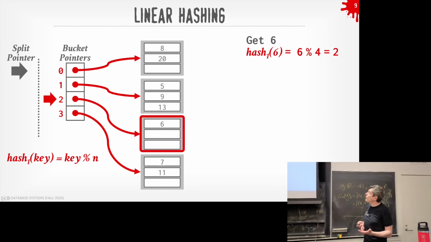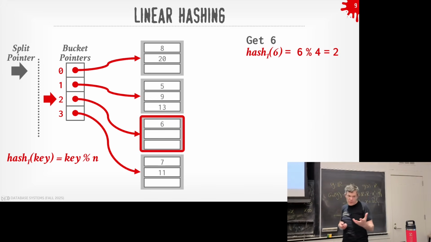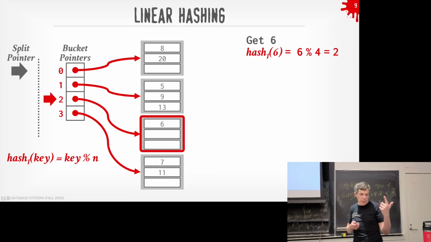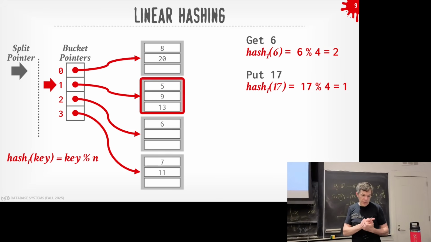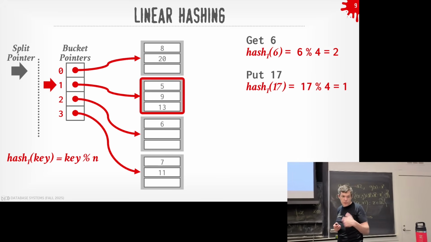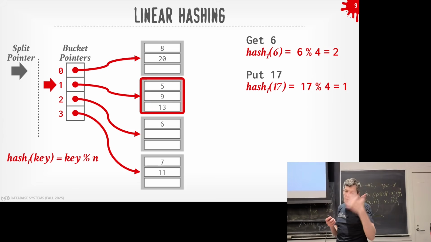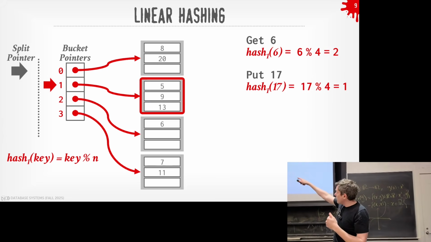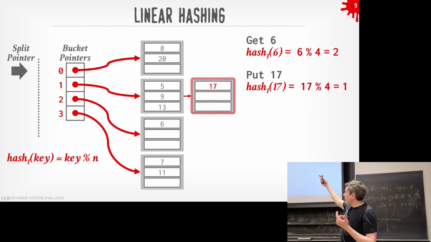All right, so now I want to put 6. I'm going to hash 6, just say it's the identity hash, mod it by 4, and I get 2. And then I know how to jump to my bucket array at offset 2, and I land at the bucket that I want. And there's the key I want. Now I want to put 17. 17 hashes to, when I mod 4, I end up with 1. It points to that bucket here, but now that bucket is full, so I have to overflow.